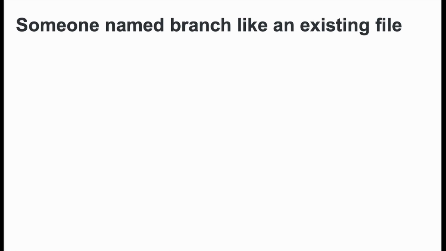That was a funny situation. My colleague Jakob came to me and told me, I have this branch and it's called composer.json, and I cannot check it out because there's a file named composer.json, and when I type git checkout composer.json, it would always check out the file instead of the branch. So you can name branches basically anything. You could even name them HEAD in capitals. Don't, because I think hell will break loose.